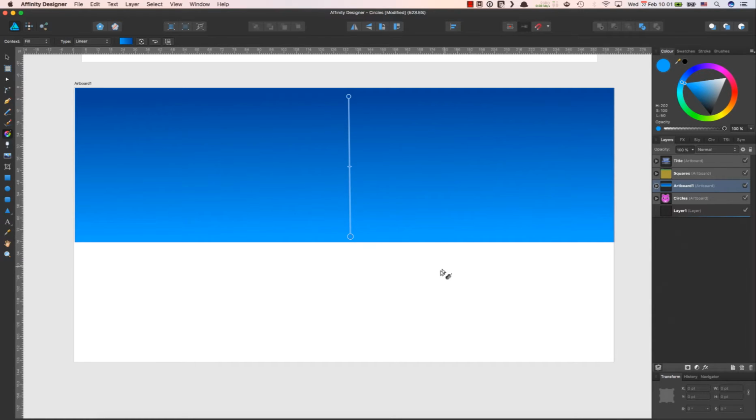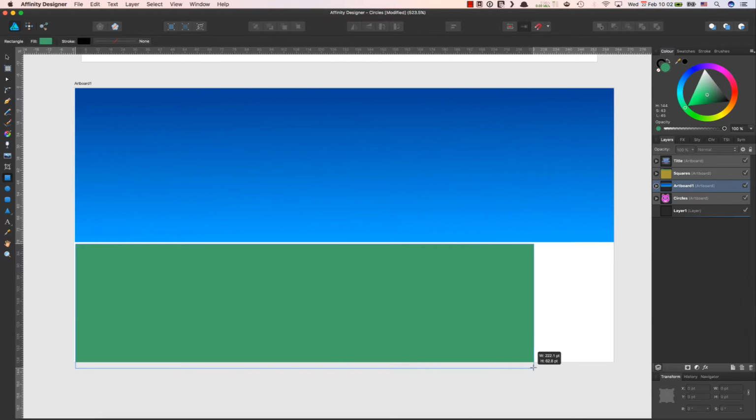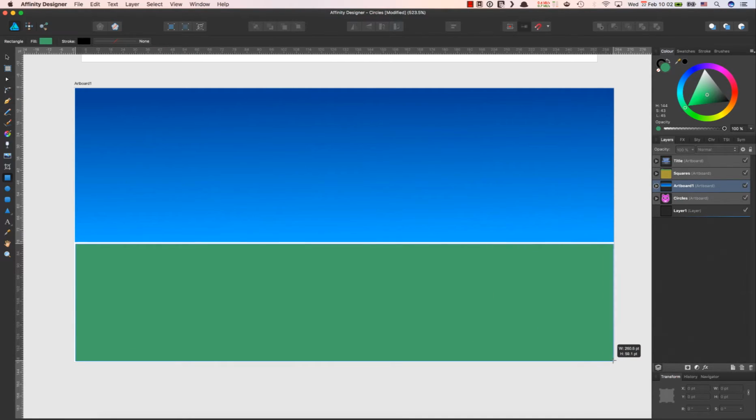What about the ground? We could do something grass-like maybe. So let's try this again. I clicked outside the artboard to deselect everything so that a color change will not affect what I'm doing. So let's select something like this for the green. We draw another rectangle,